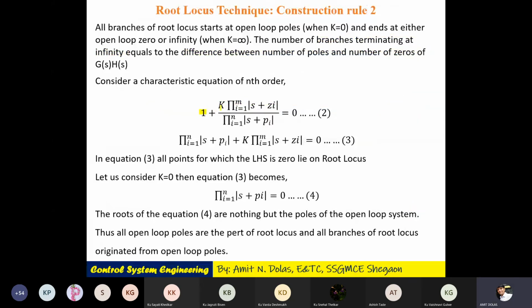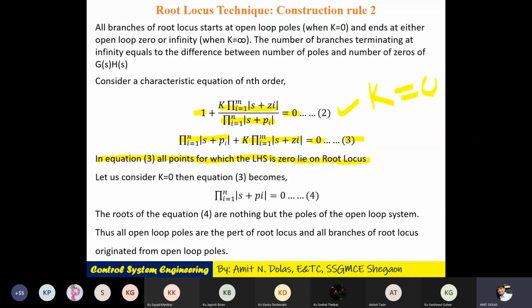So the characteristic equation I have, no need to read it out, is equal to 0. It is rewritten: I have multiplied this denominator with this 1. So it will be the product of all poles plus k into the product of all zeros equal to 0. Modify किया है equation number 2 को. This adjustment, in equation number 3, all points for which the left hand side is 0 lie on the root locus. Let's say for the value of k